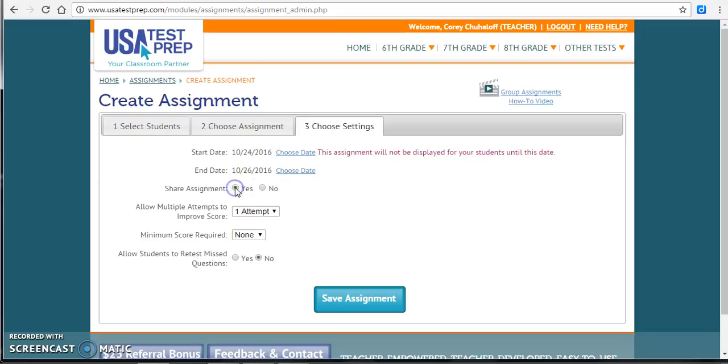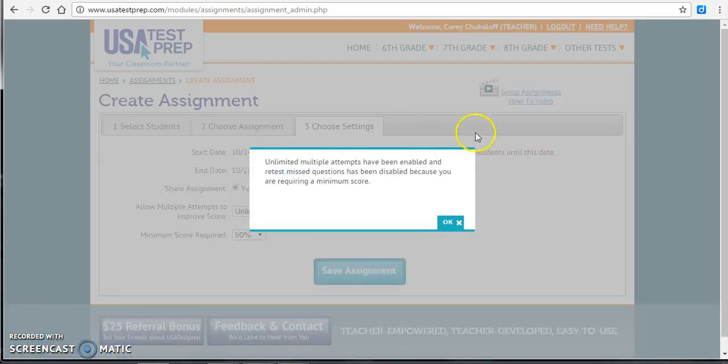And I'm going to share this assignment because all the teachers at my school can go into the shared assignment section and they can find the same assignment. I'm going to only have them attempt it 3 times, and then their minimum score must be a 90%. Well, actually, if I have them attempt it 3 times, unlimited multiple attempts have been enabled,